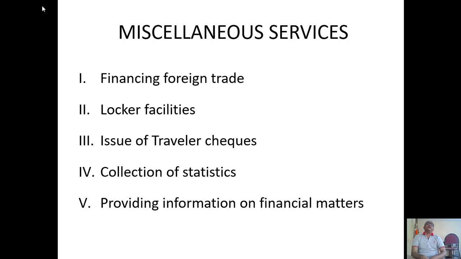Issue of traveler's check. When a person, an account holder or a customer, is traveling from one place to another, commercial banks issue a traveler's check for the places he is visiting. By using that traveler's check, he can cash the check. At the same time, he can travel very safely. There will be no question of any irregularities in his financial matters. Nowadays, though it is an important function, the traveler's check is losing its importance, because debit cards and credit cards play a very important role. Using the debit card and credit card itself, customers can make use of the facility provided by the commercial bank